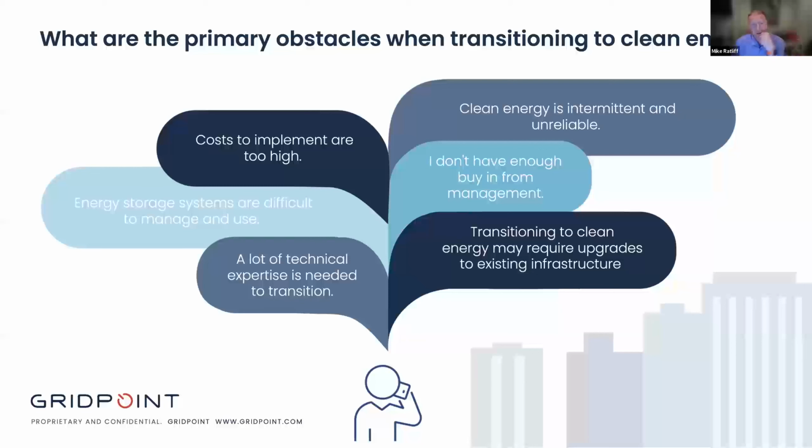The one above that, on the storage systems are difficult to manage and use. This is something that we are really actively trying to fix going forward, because it's very true that today energy storage in the form of lithium ion or other technologies is a one-off, highly engineered solution on a building by building basis, which is great if you're a big industrial complex that can afford all of that work and make that happen. But what's interesting is that nobody has really done the turnkey Powerwall, like Tesla battery thing, for